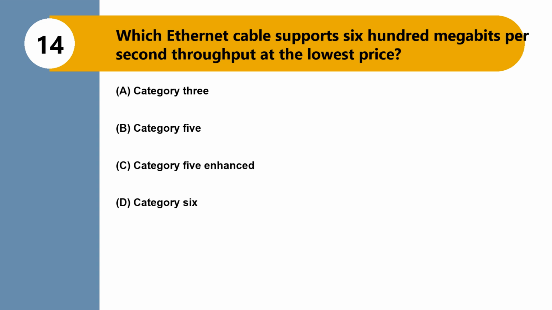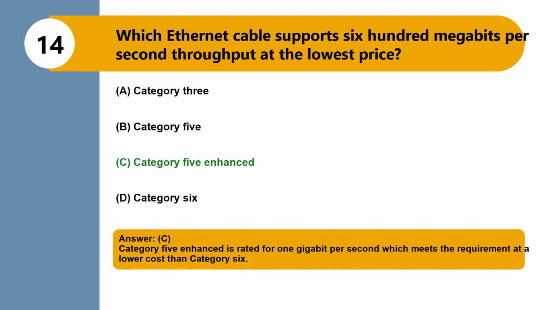Question 14. Which Ethernet cable supports 600 megabits per second throughput at the lowest price? Option A, Category 3. Option B, Category 5. Option C, Category 5 Enhanced. Option D, Category 6. The correct answer is option C, Category 5 Enhanced. Category 5 Enhanced is rated for 1 gigabit per second, which meets the requirement at a lower cost than Category